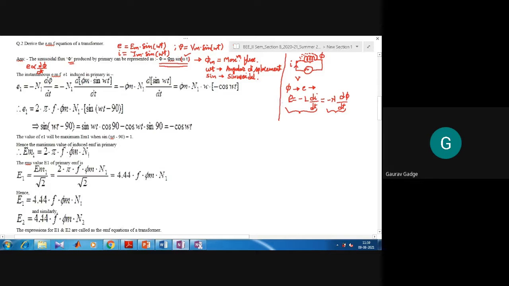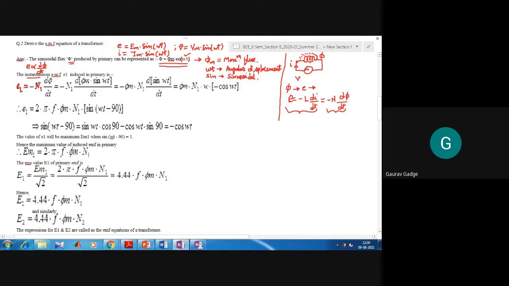यहाँ पर मैं इसका reference लेता हूँ, and I just write the expression for instantaneous EMF. So what is that? E1 is equal to minus N1 d phi by dt. So negative sign is indicating that this particular flux is in opposition to EMF. So therefore we have negative sign. Now keep that minus sign with N1 as it is, d by dt, and put the value of phi.